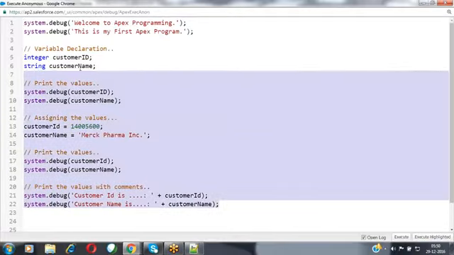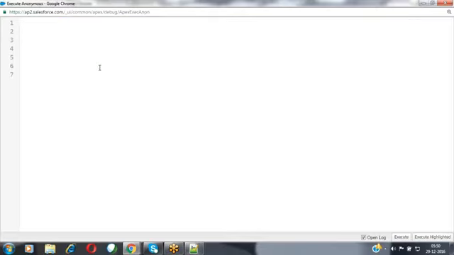Now you can see the code that we implemented in the previous session. Now I'm defining my customer details. For that, I'm defining an integer variable, customerID, and a string, customerName. Along with that, I would like to store the address of the customer, and then the email ID of the customer also. For that, I have defined these three variables.